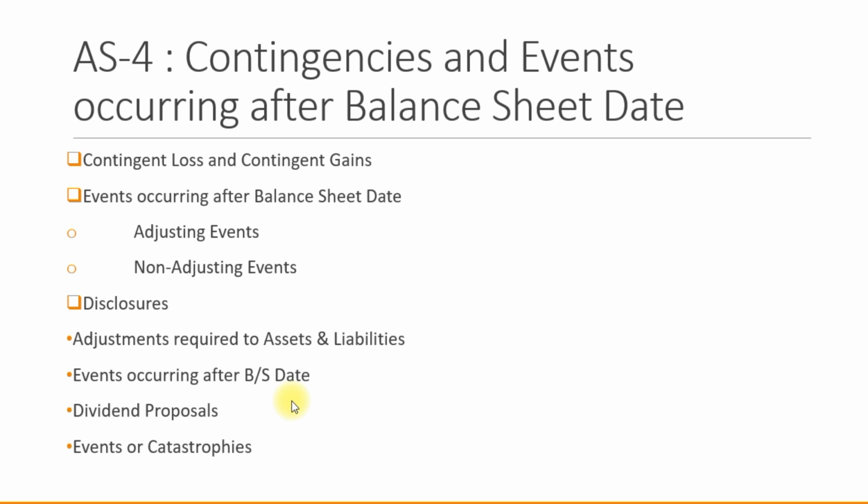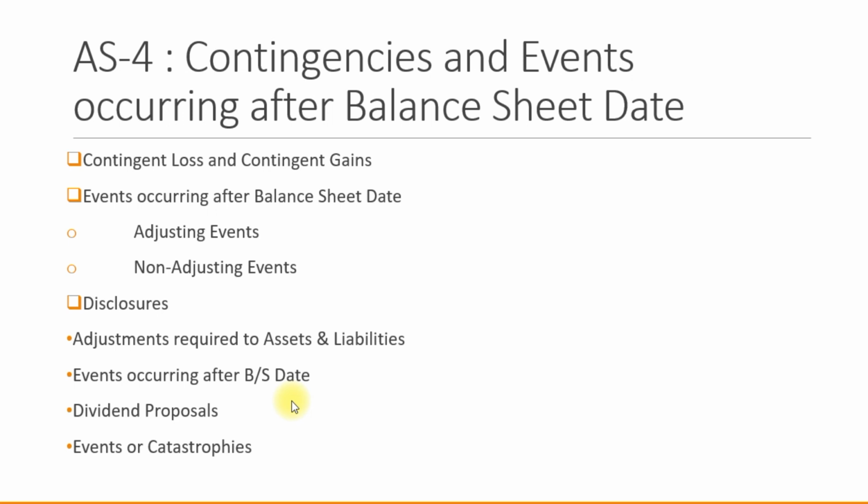So this one is contingent loss. It is reasonable to assume that a contingency will result in a loss, and it's a must that adequate provisioning be done for the loss to the enterprise. Sometimes a potential loss may also be reduced by a counterclaim. So these are the points which come under contingent loss.